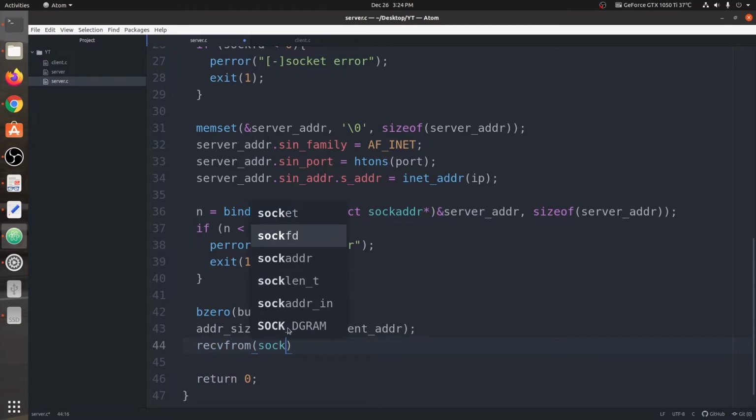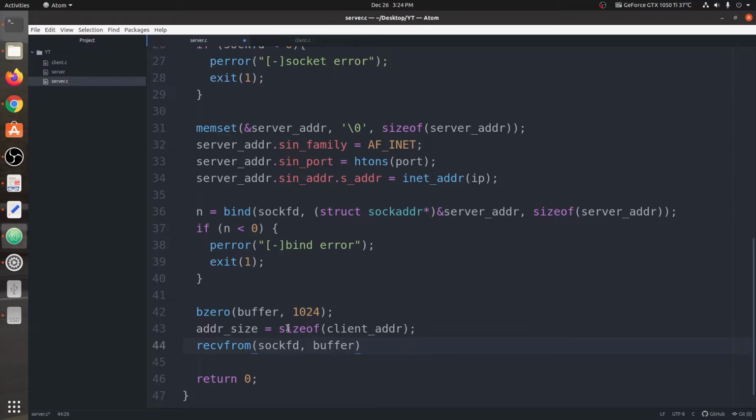For sending the data we have the function sendto, and to receive the data we have recvfrom. Again the same thing: socket file descriptor, the name of the variable which should receive the data, size, then a 0. Then we have the casting, the client addr, and the addr size, which we have defined in line number 43.